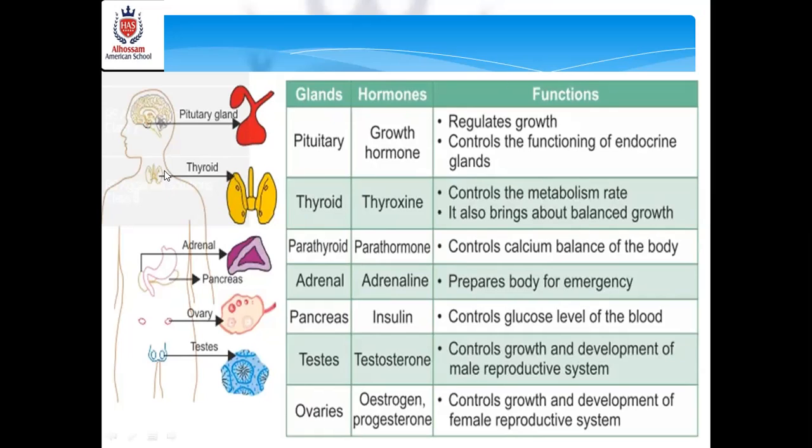We have also a gland near it called the parathyroid. It controls the calcium balance of your body. We have the pancreas. It secretes insulin and controls glucose level. We have the adrenal gland, which releases the hormone of fight, flight, and fear, which is called adrenaline. It's a very important hormone that prepares your body for any emergency, so you'll be able to fight or run or produce an action. Also, we have hormones produced from different gonads like testes and ovaries, producing testosterone, estrogen, and progesterone that control the growth and development of male and female reproductive systems.